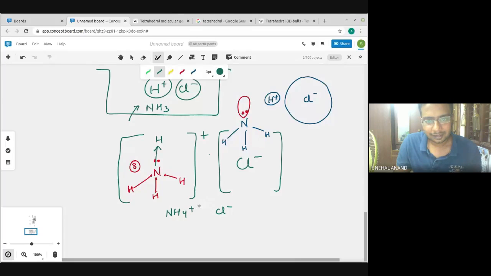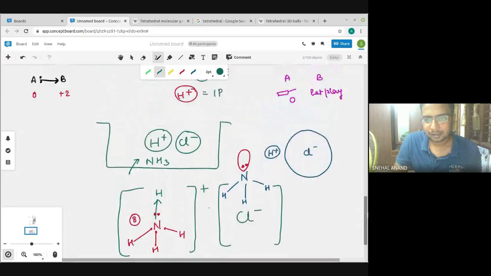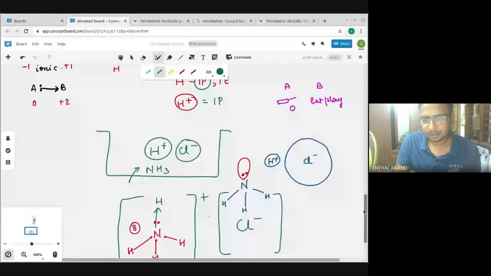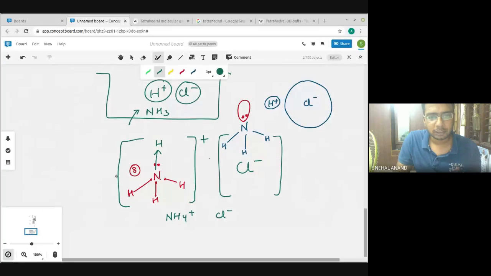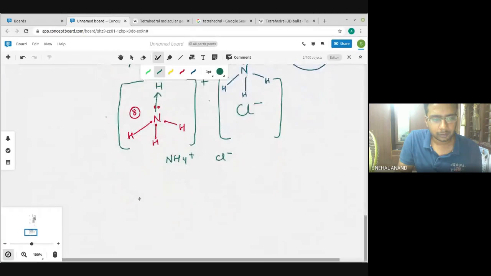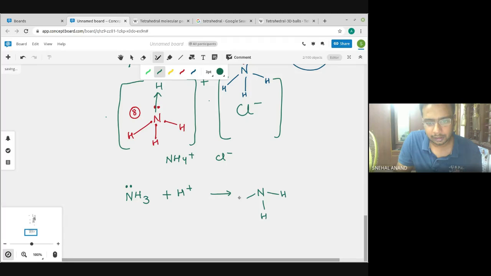Okay. So this was the story of formation of ammonium ion. So ammonia, which has a lone pair of electron, combines with this H plus and forms ammonium, NH4 plus. So three of them are covalently bonded and one is coordinate bonded with this H plus. Overall, they have a positive charge